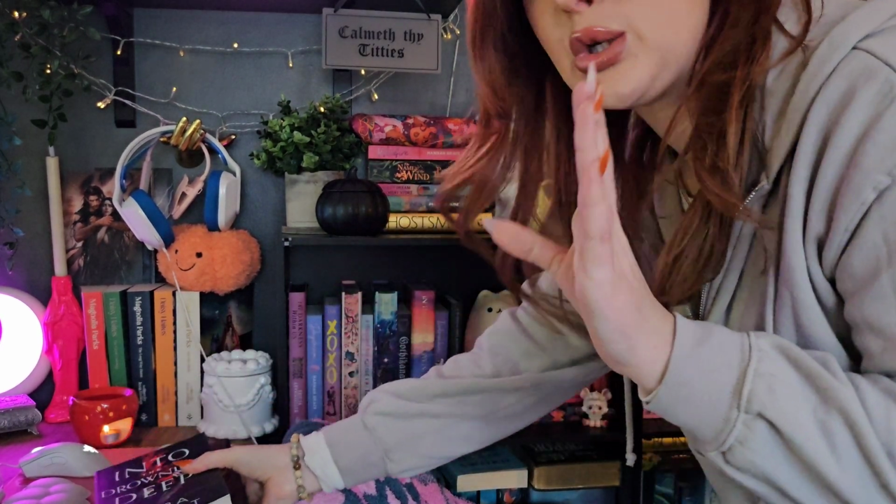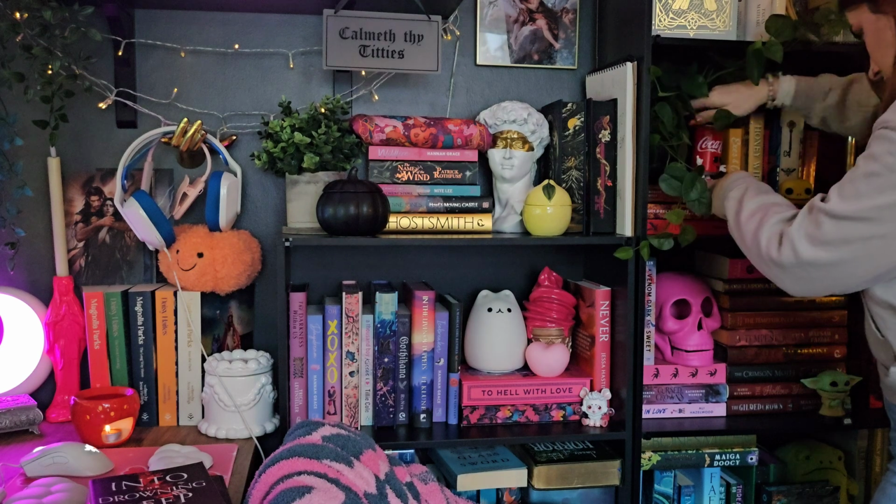Another red book. The Dagger and The Flame by Catherine Doyle. 3.95. Right, we are getting closer, but we just haven't got there. Do I read A Court of Thorns and Roses? Do I start that? That might be a good option. Okay. If this is not over 4 stars, we are going to have an issue. 4.18. Right, we are going to go into the world of A Court of Thorns and Roses, and I'm so